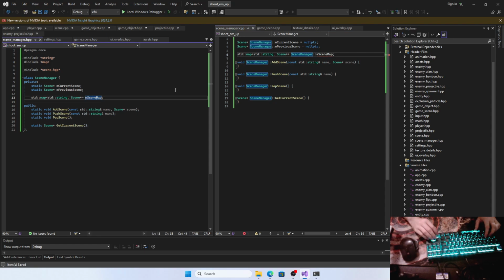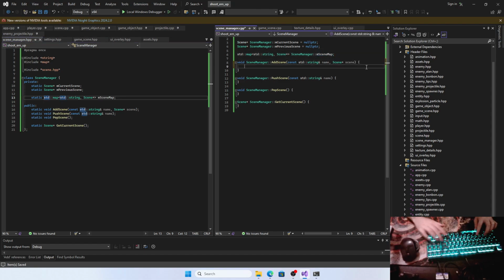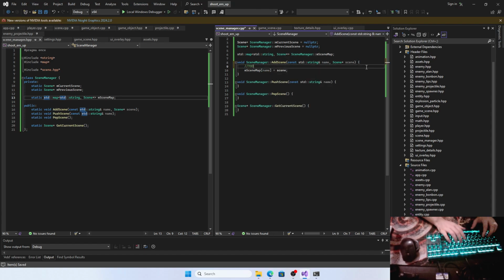This looks wrong for some reason. The word scene looks so weird, man. So, yeah, this is actually static. So let's just do name equals scene, to do add error handling. Our shitty game doesn't have error handling. When we push a scene,